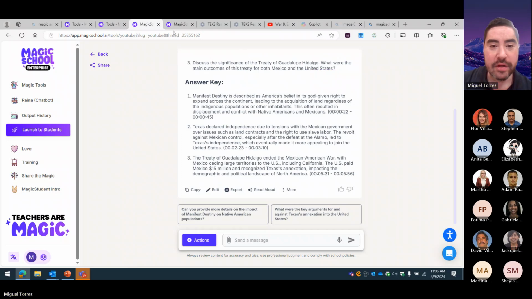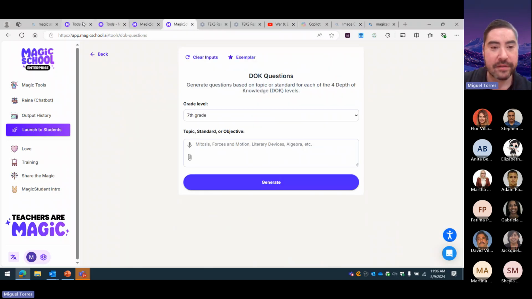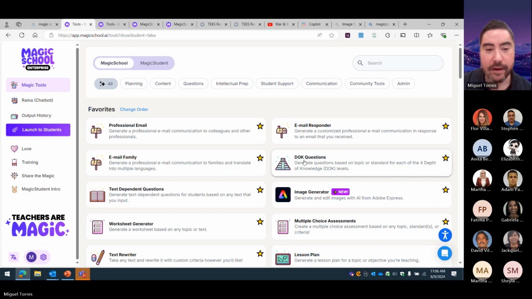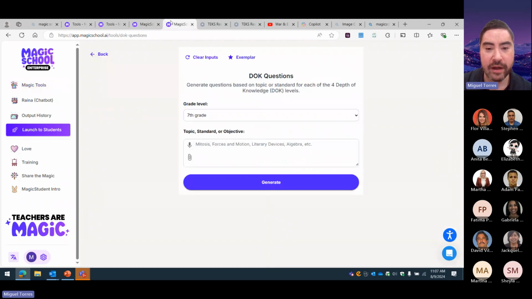Okay, so after that, one of the interesting things I thought, when you go back to the toolbar and the resources right here, there's the DOK questions. And DOK, depth of knowledge. So we all know from Bloom's taxonomy, the information that we have from DOK 1 to 4 changes. Maybe when you're introducing a topic, you want to start with DOK 1 or 2. And then at the end of a unit or the end of a lesson, you can end up with DOK 3 or 4, right? So when you go ahead and click DOK questions, it'll look like